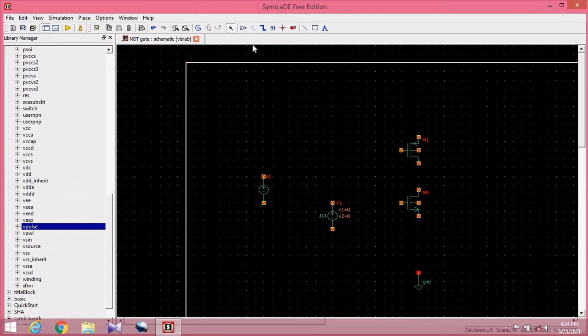Now we will select the wire which is narrow. There is a wide wire also, so we will select the narrow wire and connect the components. Just click for start and then click for end.